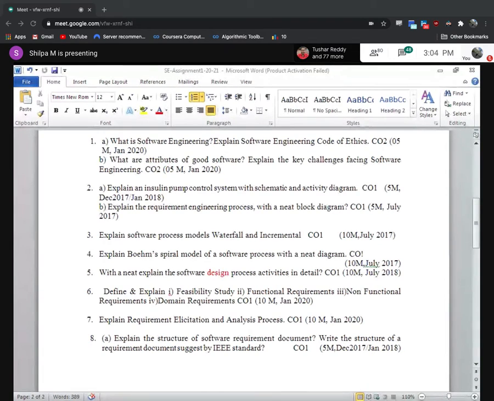The software requirements document also, it is a very important question. It may come for 5, it may come for 10 marks. So I want all of you to write the assignment completely. Don't check the marks. Whatever is there in the textbook regarding that topic, I want you to write everything. Even if it is for 1 mark, I want you to write 2 pages, whatever is there regarding that topic.